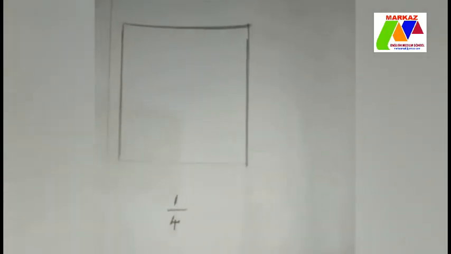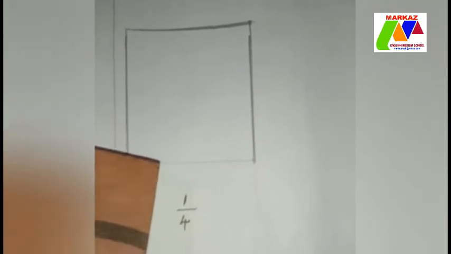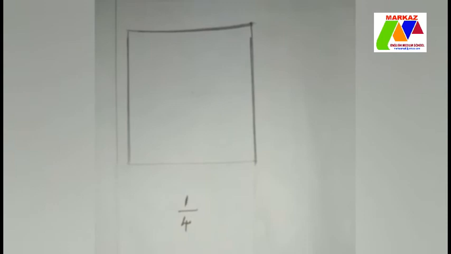Children, here we have a square. We need to divide it into fourths. And then color how much? Can you read this fraction? 1/4. Yes, we need to color 1/4. I could divide it in many different ways into fourths, or 4 equal parts. Let me show you first. A usual way would be you would go this way, and this way, and you would have it divided in fourths.